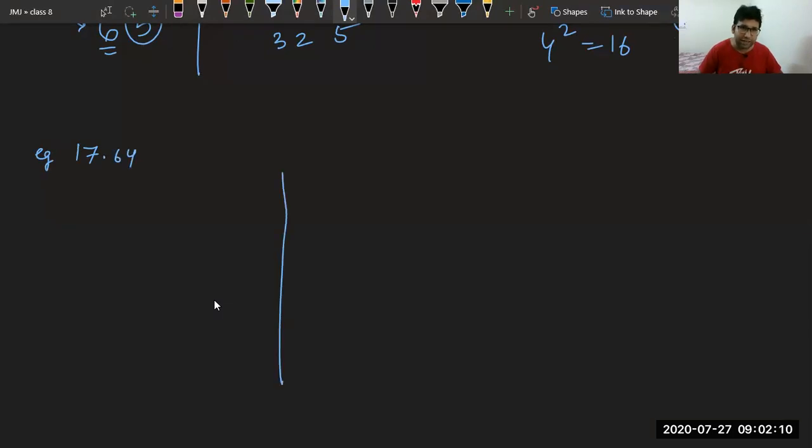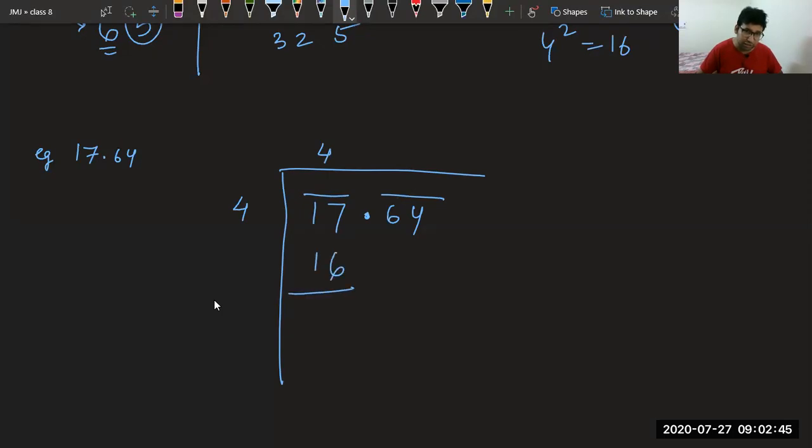Now all of you again tell me which number. Before that we have to form pairs. Before decimal we form pair right to left. After decimal, we form pair left to right. Now tell me which number square is either 17 or just less than 17. All of you, please try. It is 4. So we have 4 and 4. 4 is a divisor. 4 into 4 is 16. What is remainder? 1. 64 came down like this.